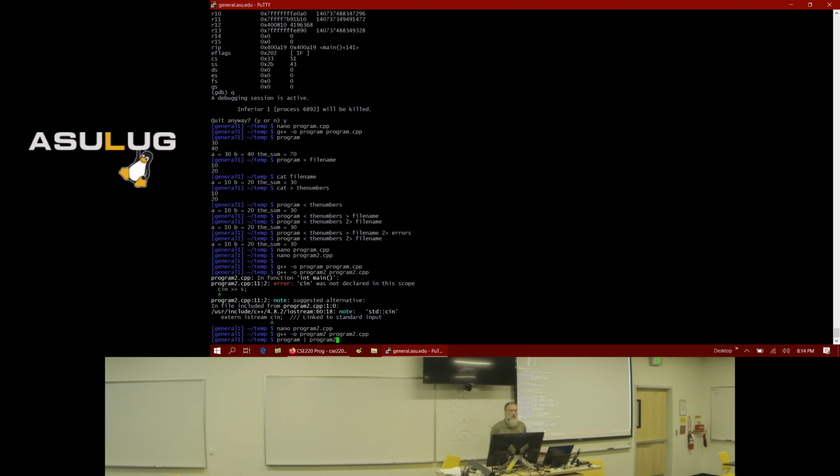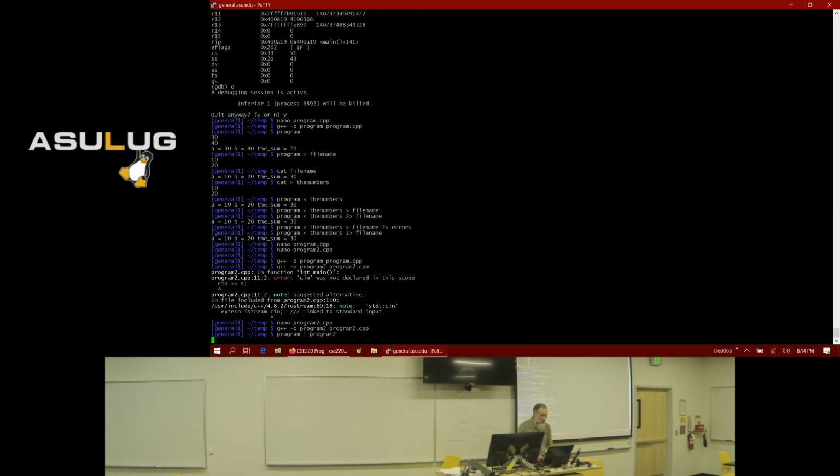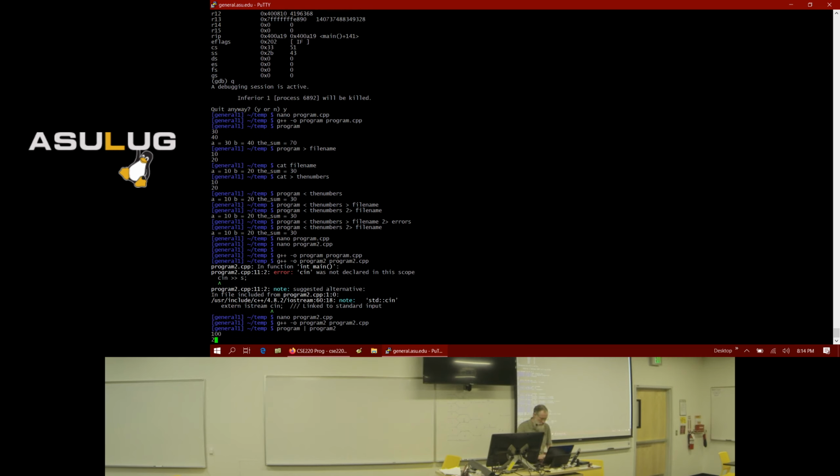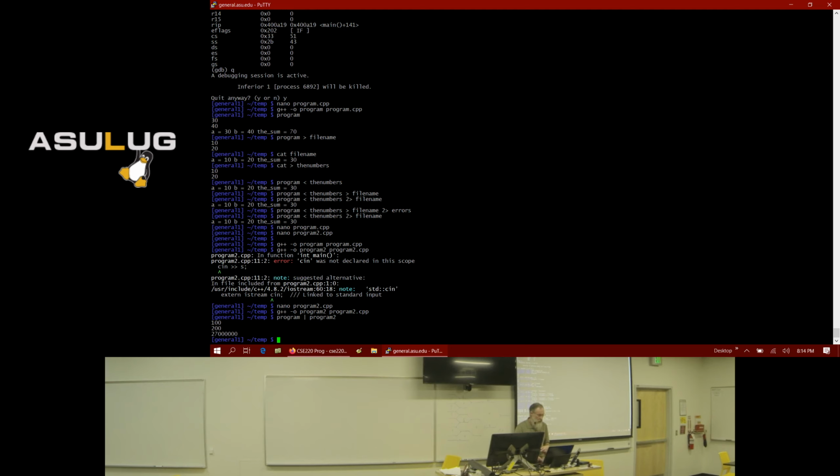So you use a vertical bar symbol like that. So now it's running program 1, and program 1's waiting for me to type two numbers. Now it's going to compute the sum and print it out, but that sum is going to become the input to program 2, which reads a number and cubes it.